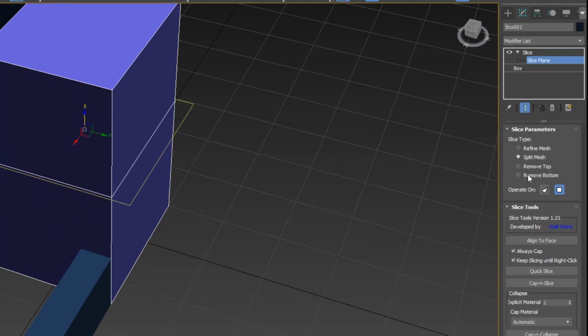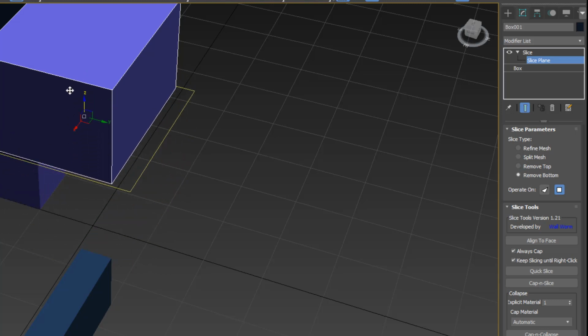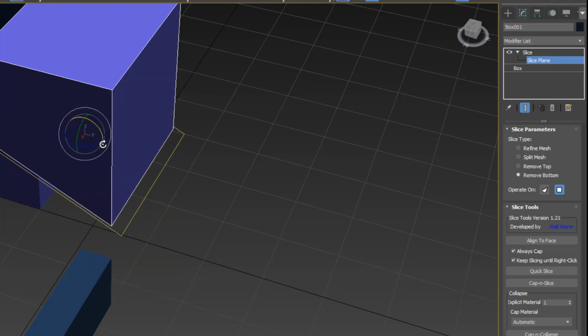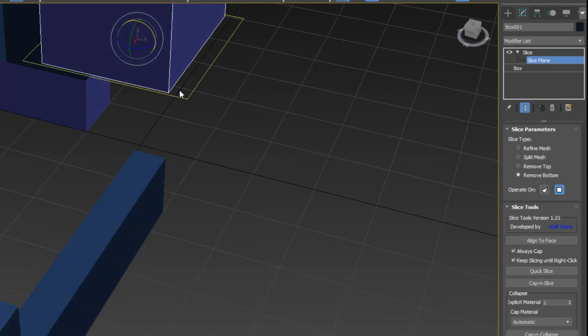So now if I hit remove bottom, you're going to see that the bottom of this is changing based off of where the slice is at. In fact, I can rotate this and it's changing all of that. Similar to using the slice plane that we saw in Hammer to change the angles. If you have Wallworm installed, we can actually have this automatically aligned to certain faces. We can just, right now if we want this slice plane to be aligned to that top surface,